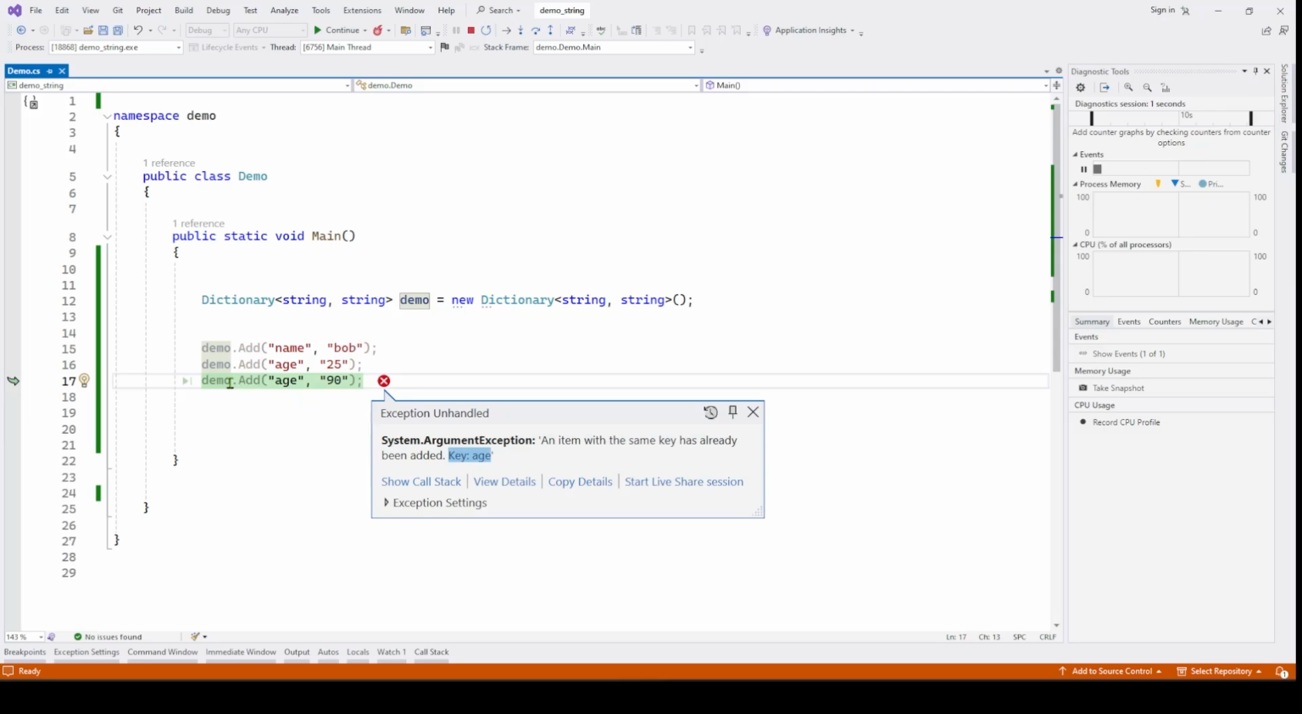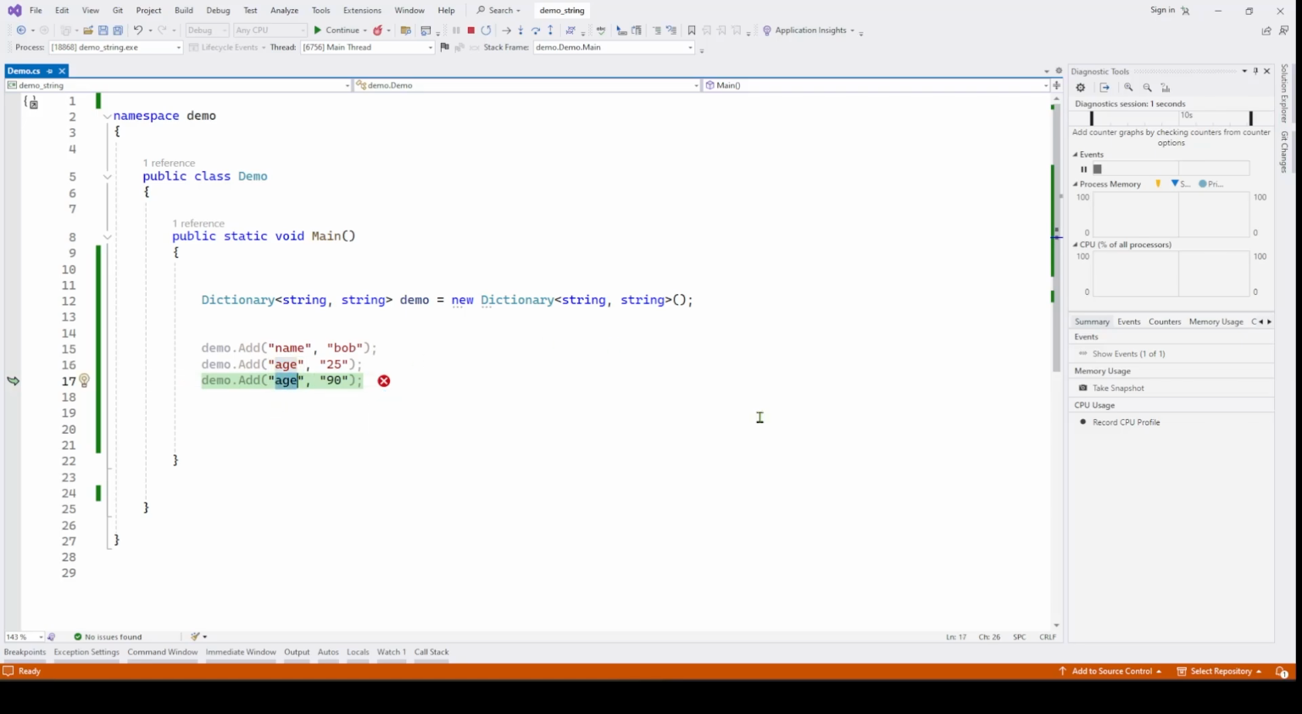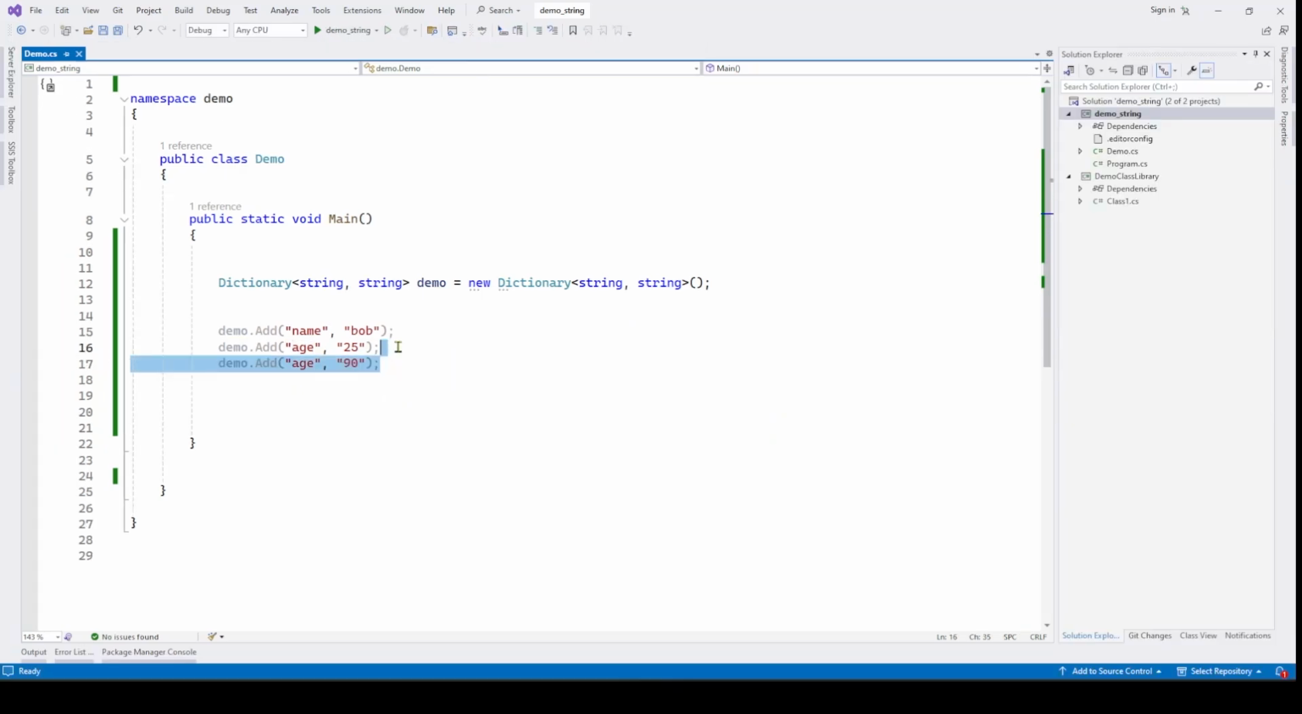So basically what the compiler is saying is, we already have a key with the name of age and we cannot add one more key with the same name. So the key will be unique in a dictionary, right? Let's say you have thousands of key value pairs and you want to get one of the values. Instead of iterating through all 1,000 key value pairs, you can directly use